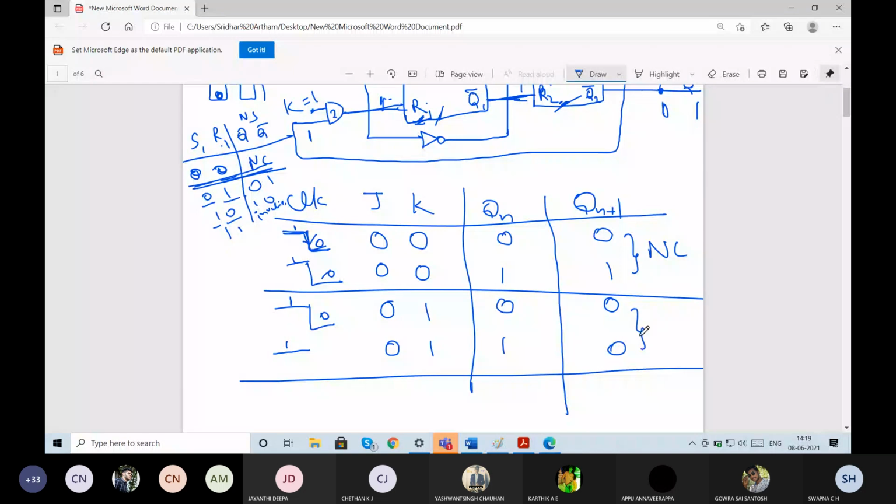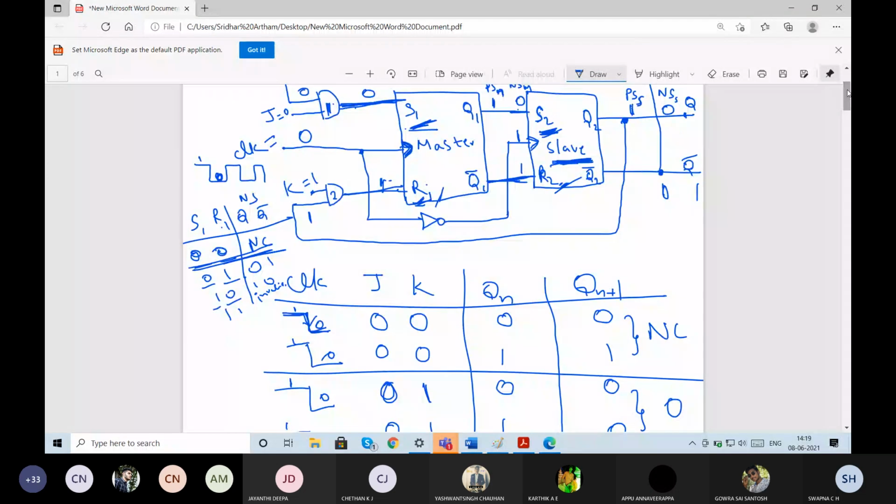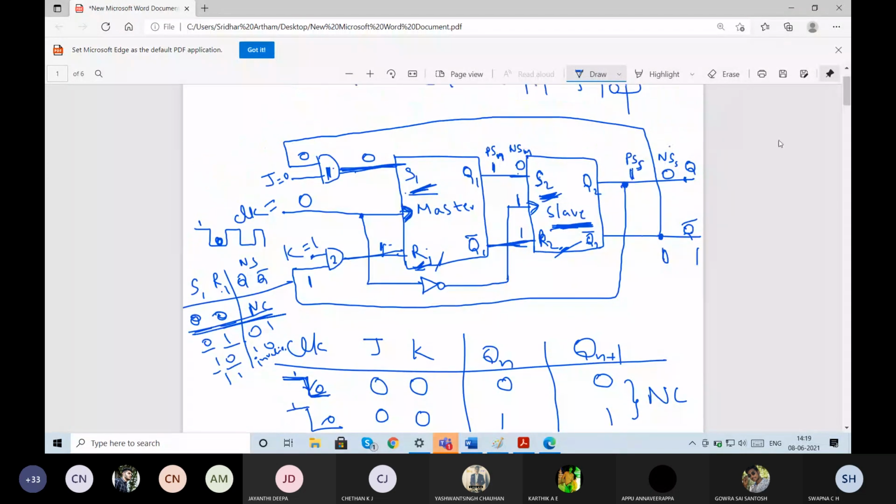This indicates that for a complete one clock cycle, if J is equal to 0 and K is equal to 1, the next state is always equal to 0, whatever the present state might be. Hope this has given you a little clearer information. Let me go to the next case as well. Again, clock initially I'll consider as 1, J is equal to 1 and K is equal to 0. Hope you will understand. Let me erase everything else.